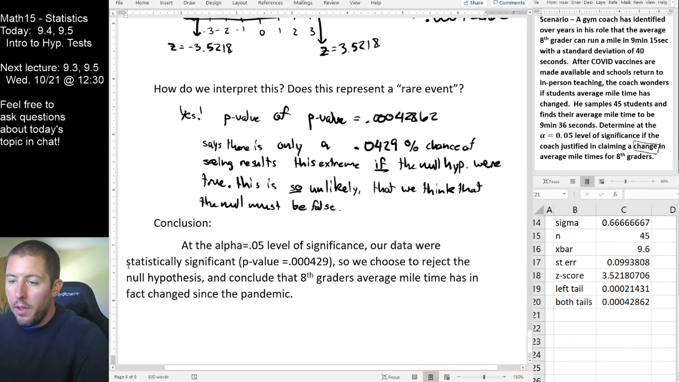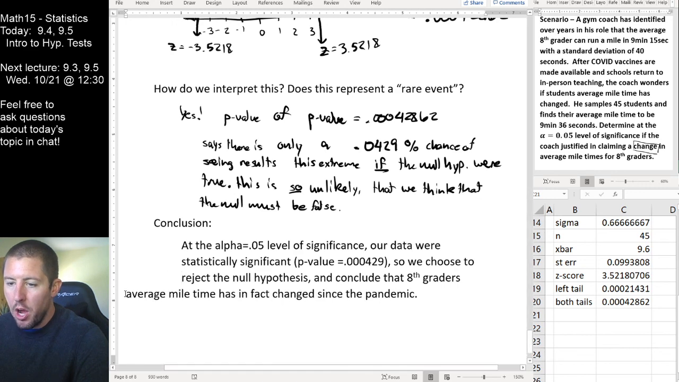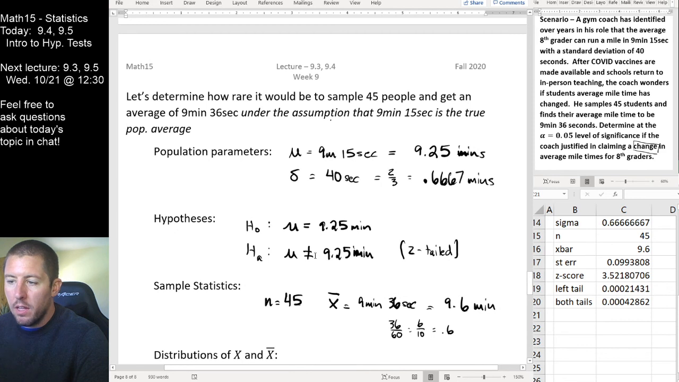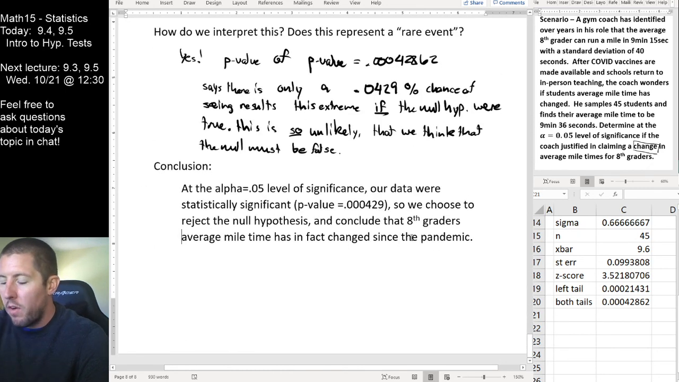Now, one thing we want to very much caution against right here is overstating what we know. Notice that we are only trying to choose between the null and the alternative hypothesis. The alternative hypothesis does not say that students got slower. It says that they got different. And therefore, that's the only conclusion that you are allowed to draw from our conclusion down here. So it would be incorrect here